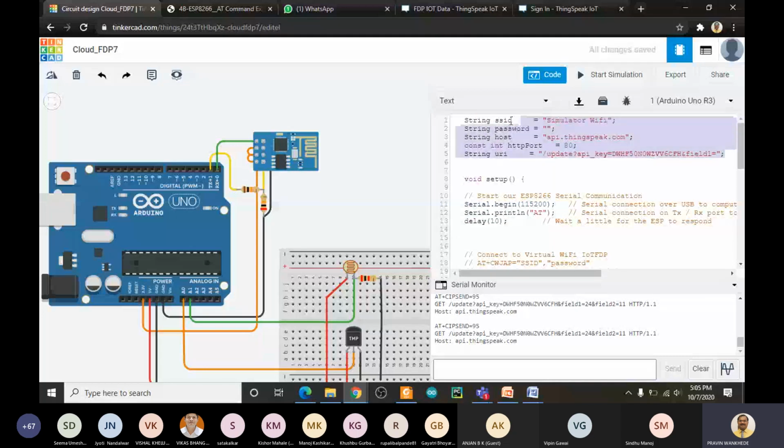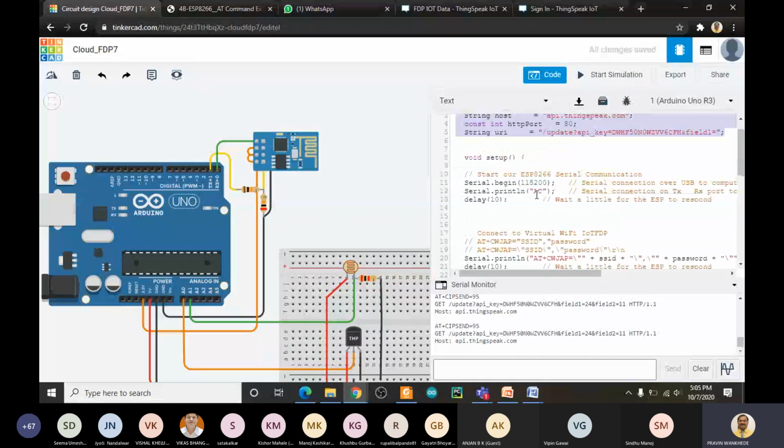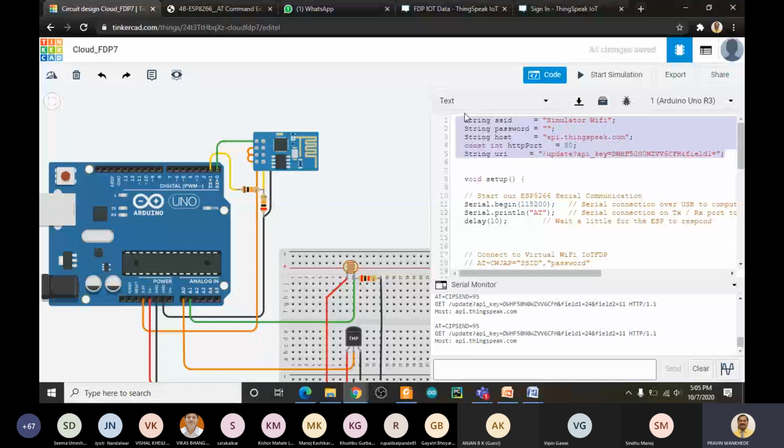Whatever these strings are, we will look at afterward. Before that, I will see what the setup is, then we'll see what all the other values are, and then we'll move to the loop. First, we would like to connect with this Wi-Fi module. As we see, this module is already connected with the TX and RX pins. It means that whatever serial port we have with the Arduino is directly sending all this data to the Wi-Fi module. Whatever Serial.begin or Serial.print, anything you write or read, is either to the Wi-Fi module or from the Wi-Fi module.